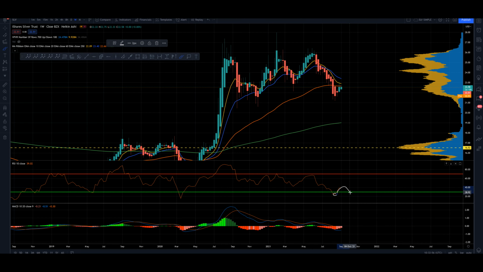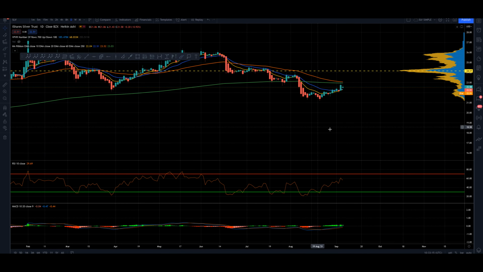If we come down here and set a higher low while price breaks down, that would be a bullish divergence and a sign that we are bottoming out and building up supportive momentum underneath the price. So that's something to watch for in the coming weeks. Let's come down to the day time frame, see what we can see here.